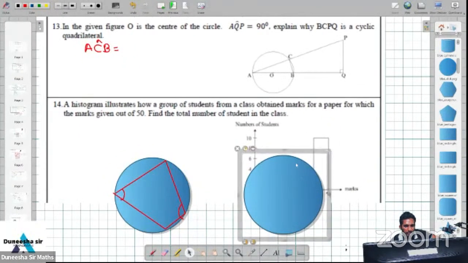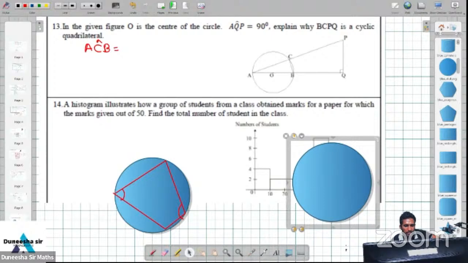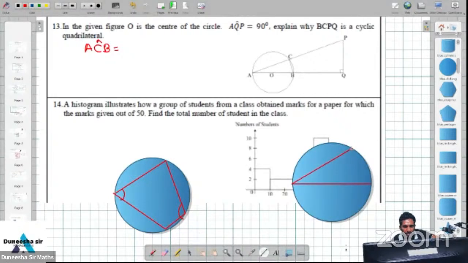90 degrees. Yes, 90 degrees. What is the reason? Angles of a semicircle. Yes, angle of a semicircle projected on the circumference. It's 90 degree. Okay, මෙතන අංශක 90ක් වෙනවා. Okay, can you remember? මෙතන 90 degree වෙනවා. Then how much the BCP? BCP is